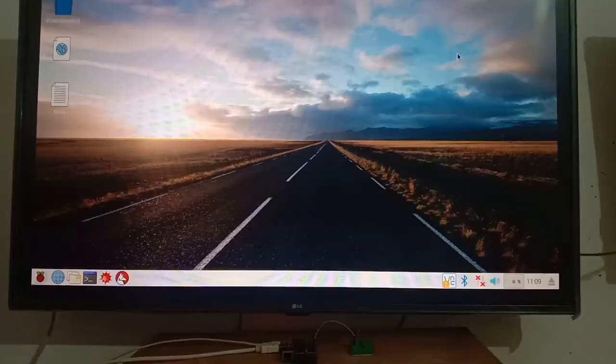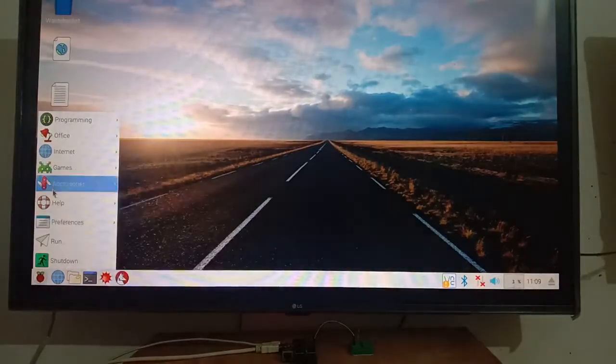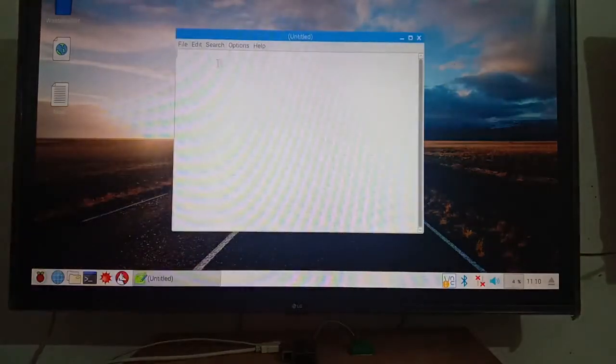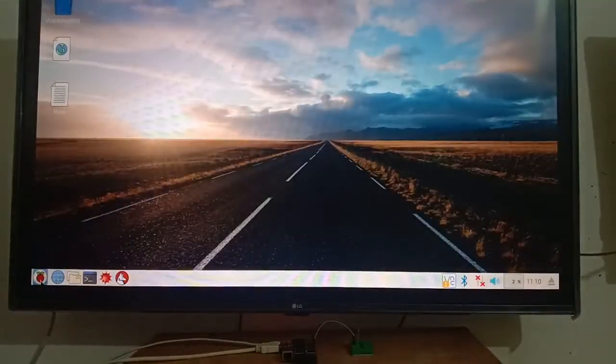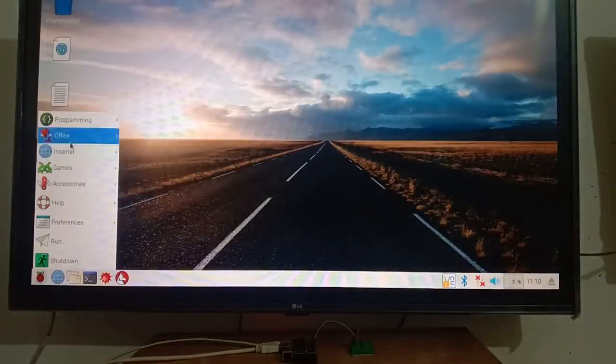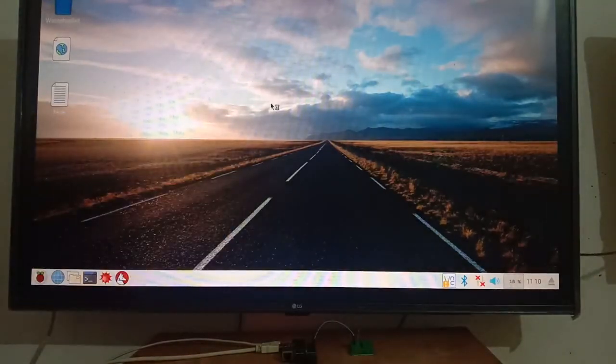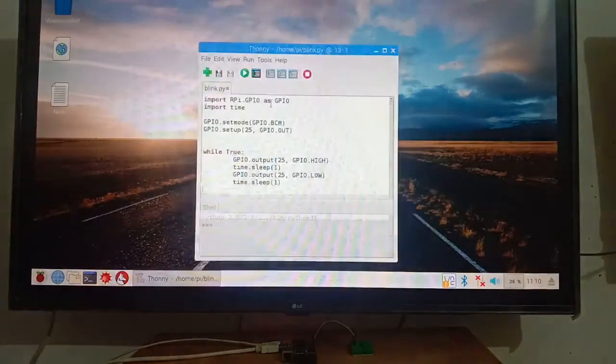So now we will blink the LED using full-fledged Python. Python you can write in 2 ways. One is you go to accessories and write in a text editor and then save it as a .py, and then you can run it from the command prompt, or you can go to programming and open up the Python IDE and write it there.